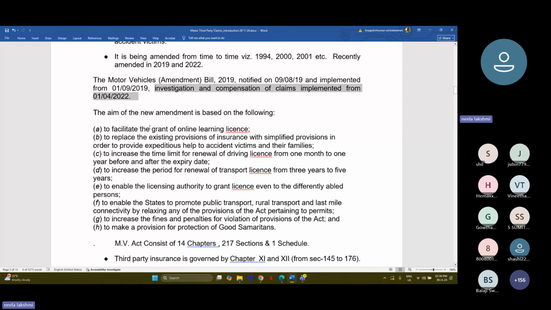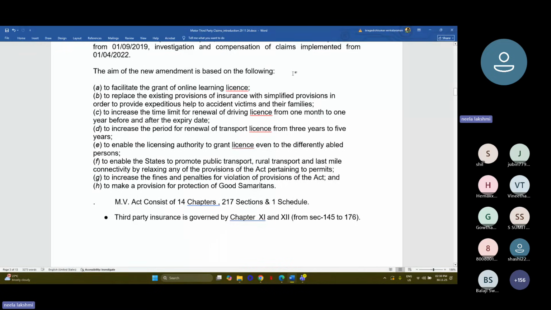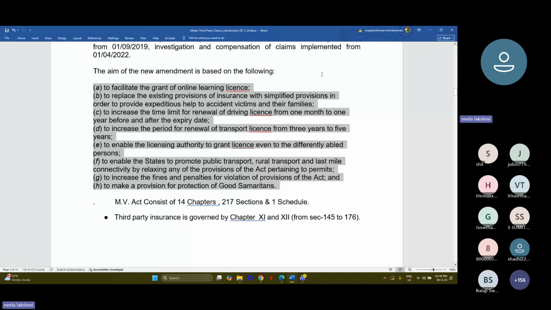Okay. The aim of the new amendment: why was there such a major, sudden change, what is the base for that? You can see all these are the aims of the amendment in the Motor Vehicles Act. First, to facilitate the grant of online learning license. Previously, licenses were issued in person only, but now an online facility has been introduced. Next point, to replace the existing provisions of insurance with simplified provisions in order to provide expeditious help to accident victims and